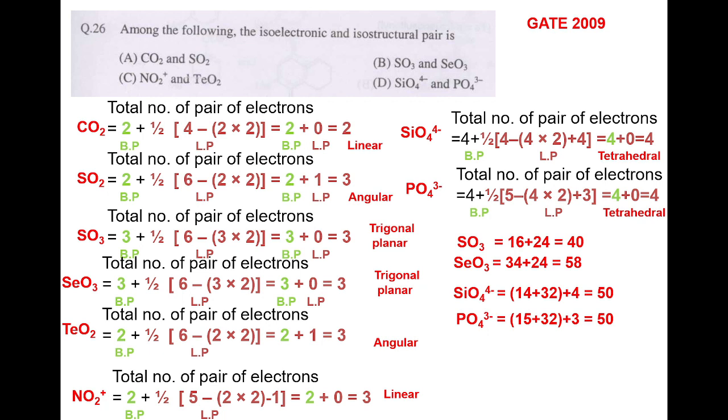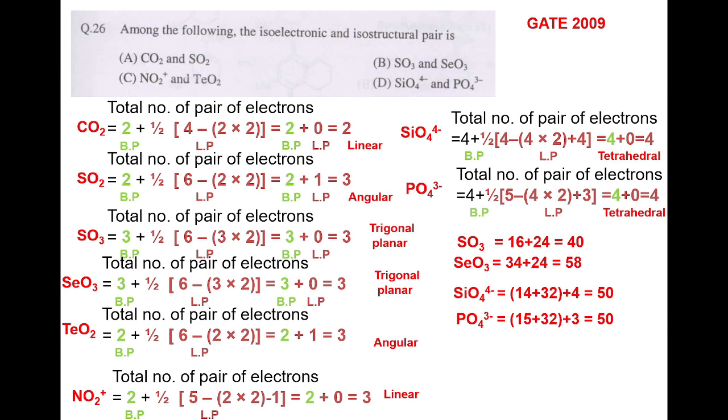So we'll get tetrahedral for SiO4 4 minus, and for PO4 phosphate ion we'll also get tetrahedral. Here in the two pairs, sulfur trioxide and selenium trioxide are both the same shape, trigonal planar. In the case of SiO4 4 minus and PO4 3 minus, it is the same structure. But in the case of SO3 and SeO3, the total number of